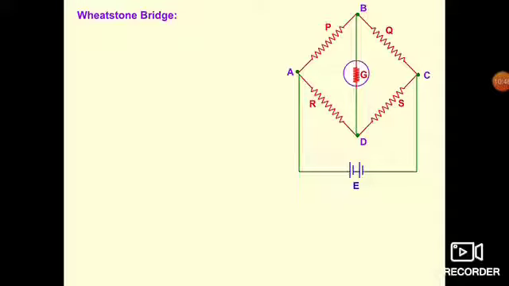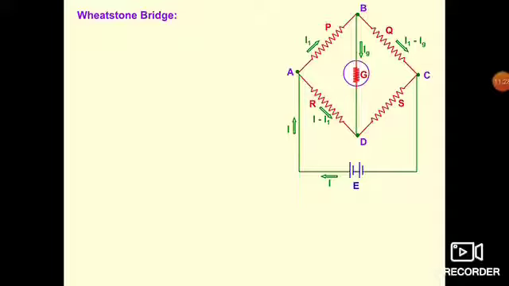So we have connected this bridge type structure to a source of EMF E. Now what the Wheatstone bridge says is that if the ratio P by Q is equal to R by S, then no current will flow through the galvanometer. As you can see, from the positive terminal of the cell, a current I is flowing. When it reaches point A, I1 is going through P. So how much current will go through R? Definitely I minus I1.